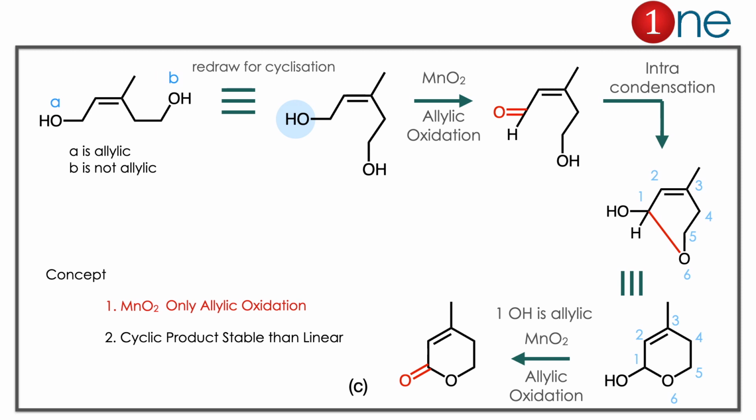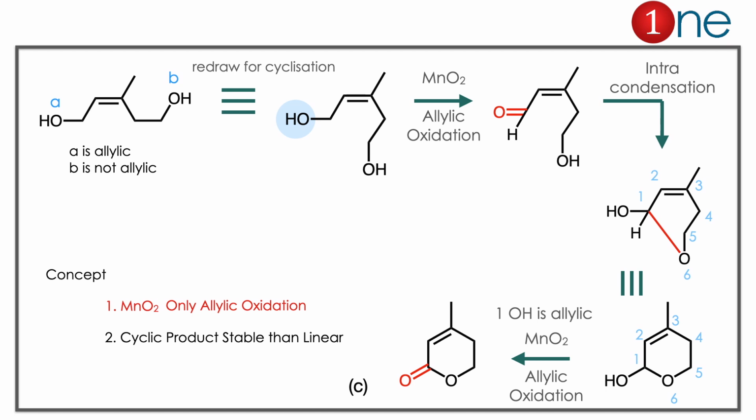Here in the starting material you have 2 hydroxyl groups and you are using MnO2. MnO2 is a selective reagent, it will only oxidize the allylic alcohol. If you look at the 2 alcohol groups, one group is allylic, so it will get oxidized. So you have the aldehyde there. You have the alcohol group inside. So intramolecular condensation will occur there. So O- attacks. You have the OH formation.